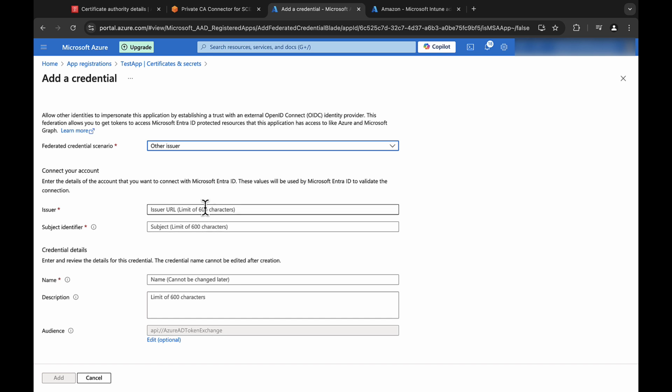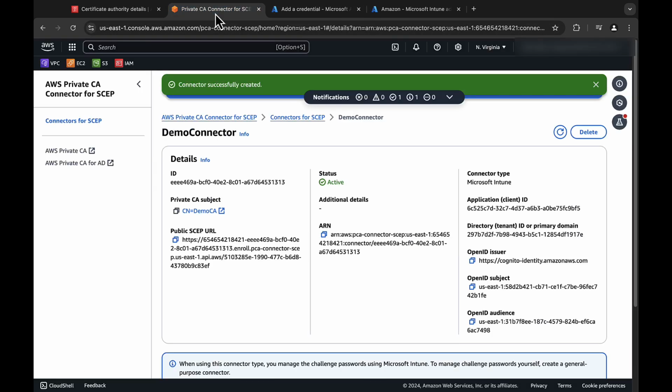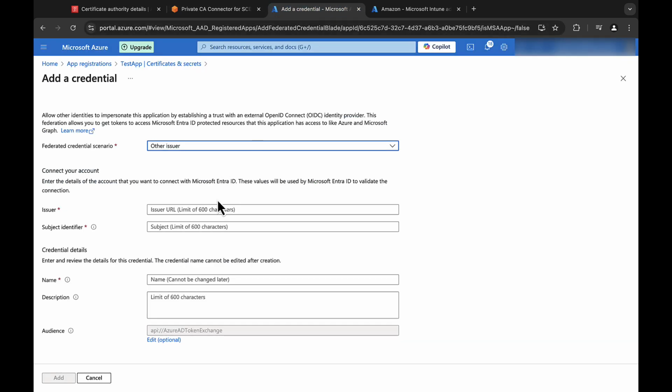So now we will go back to the private CA connectors for SCEP console, and we're going to copy and paste the fields over for Issuer, Subject, and Audience. So I'll go ahead and copy those over.